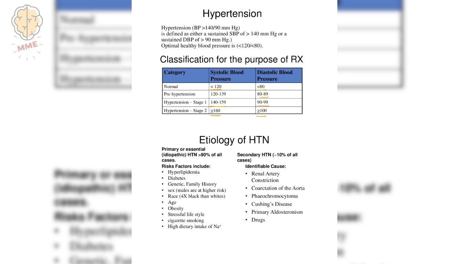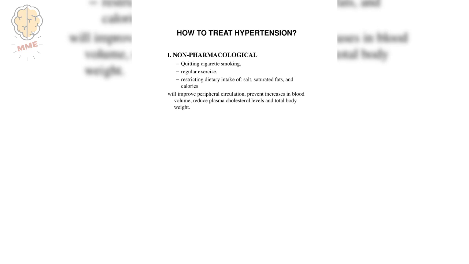Now, the causes of primary hypertension can include hyperlipidemia, diabetes, genetic, family history, race, age, obesity, most importantly, stressful lifestyle, and cigarette smoking. Now, secondary hypertension can be linked with renal artery constriction, coarctation of aorta, pheochromocytoma, Cushing disease, and some kind of drugs. Now, treatment of hypertension can be divided into two main parts. The first part is non-pharmacological, like quitting cigarette smoking, doing regular exercise, restricting dietary intake of salt mainly, saturated